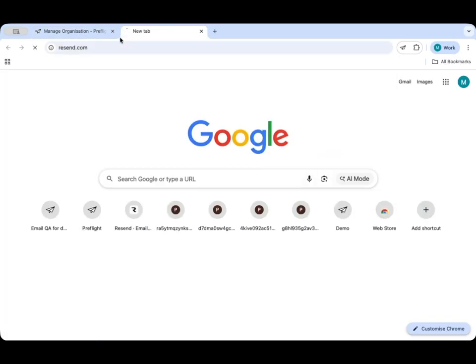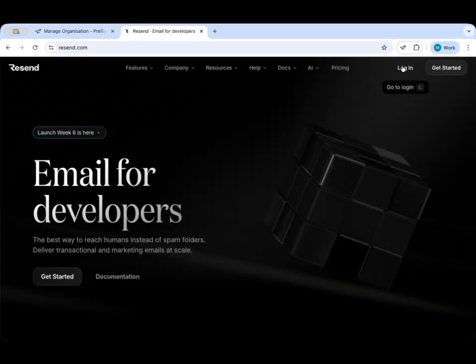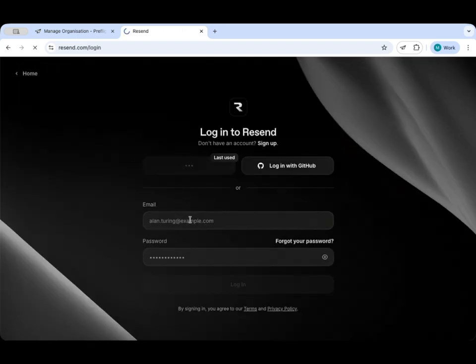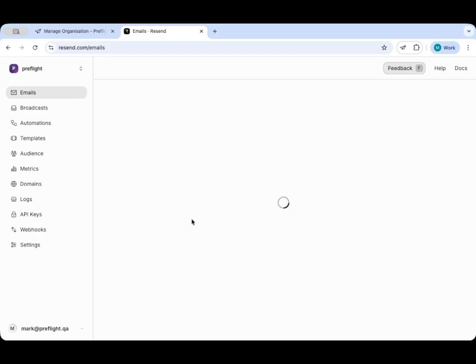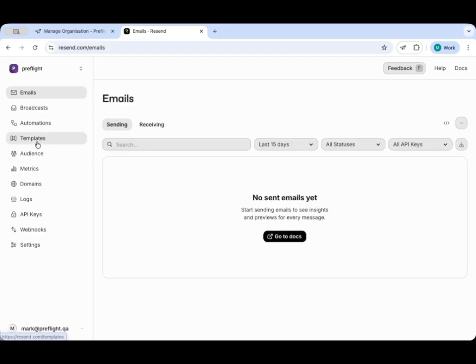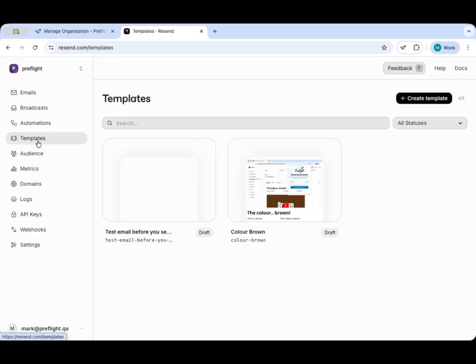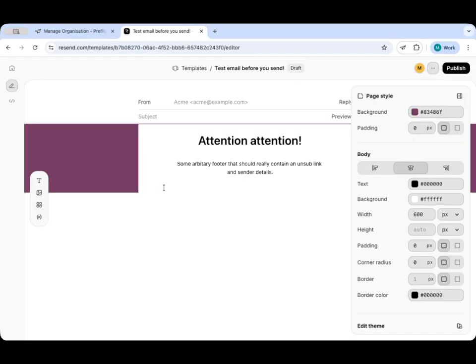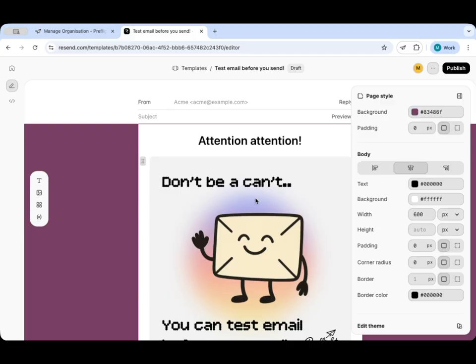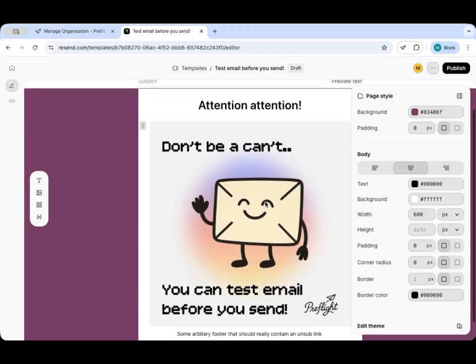So resend.com, let's go and log in. We've got one-click login here. Hopefully this works. There we go, we're logged in. If we go to templates, I've got a couple of templates I've been working on. Here we've got this test your email before you send template. So attention, don't be a can't because you can test your email before you send,